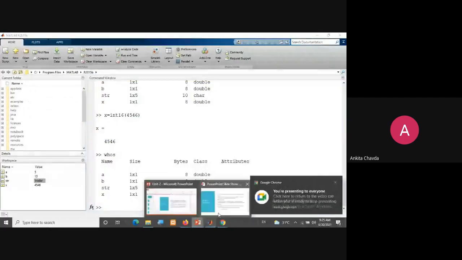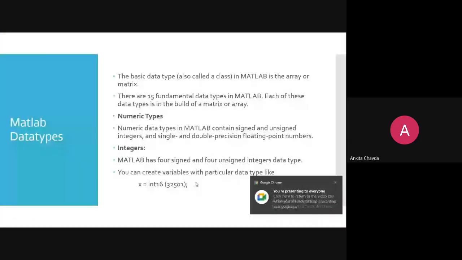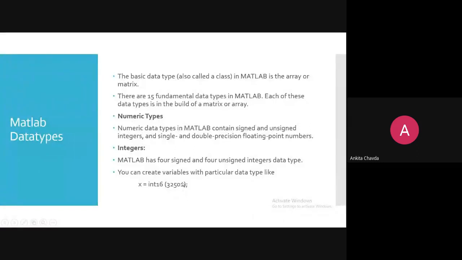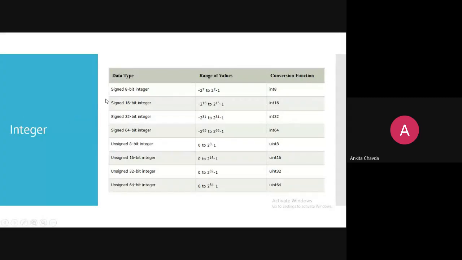Here I can write any of my values within this parenthesis, and I can write like this: x equals whatever the value, but it is as an integer 16. So here is the data type: signed, and these four are for the unsigned. Signed means it can have negative as well as positive numbers, right?